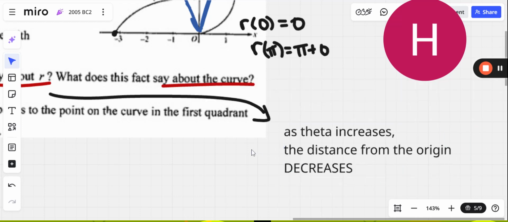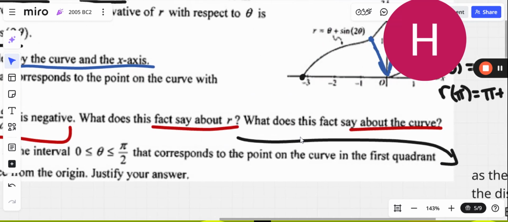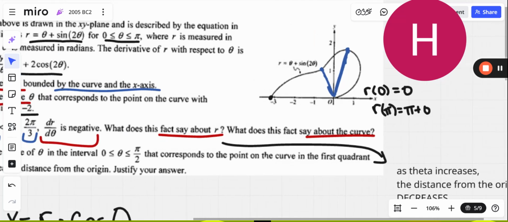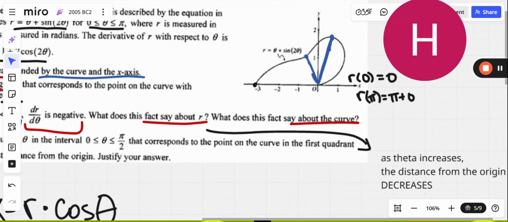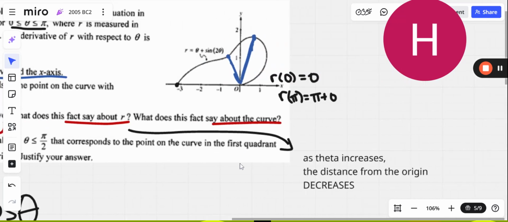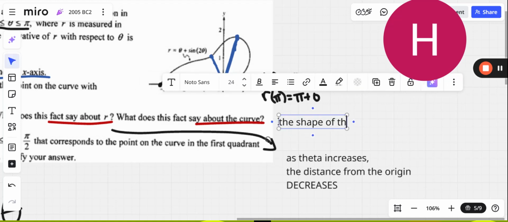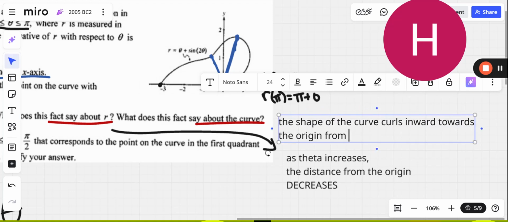What does this fact say about the curve? That's a good question. I think that is kind of what it says about the curve. I mean, it curls in. The shape of the curve curls inward towards the origin